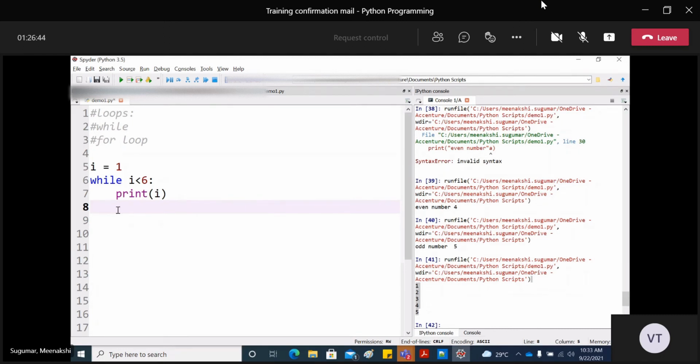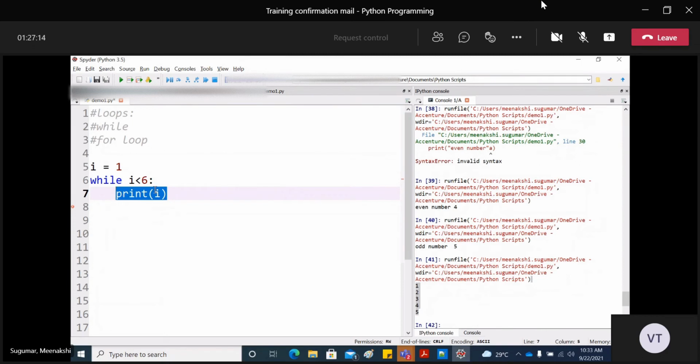So in that case, what you can do is you can use a break statement. The break statement, by using that, you can stop the loop even if your condition is true. So you can accompany the break statement always inside an if condition only. So you cannot use it directly. You can do an if condition and then you can apply the break. Let's say if I value is equal to